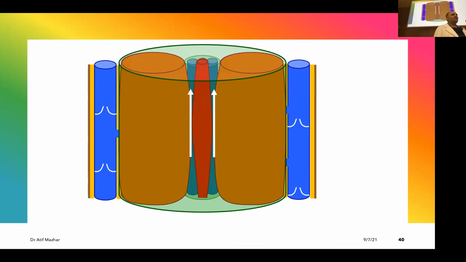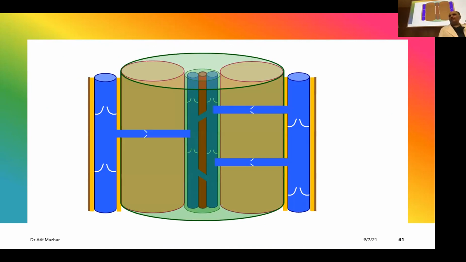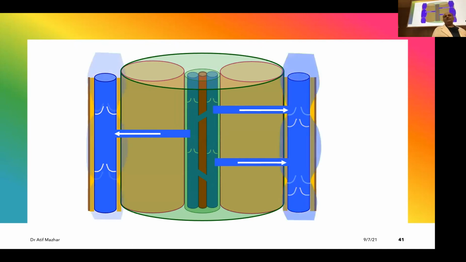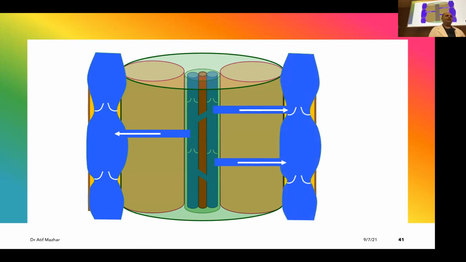So our heart is not sucking blood. Blood is being pushed towards the heart. And once this blood is being pushed from the superficial vein to the deep veins, the blood is flowing. And it will not go back because there are valves. Now, valves are destroyed for various reasons. Now what happens? The blood is not going into the deeper system. It's coming back. When there is more activity, blood is coming into the superficial system. Now the superficial veins show this type of pattern, and these are called varicose veins.